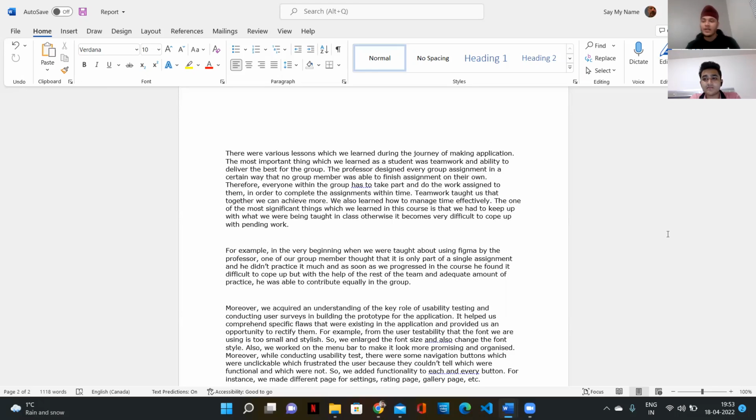Moreover, the professor planned the assignment in such a way that it was not a cup of tea for just a single person to complete within time. So everyone had to divide the work within the team, and everyone had to take individual responsibility for some part of the assignment. And everyone just wanted to complete it on time.